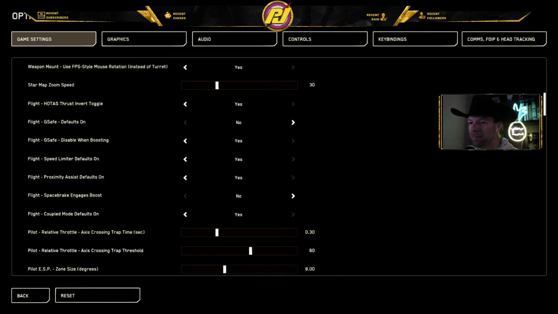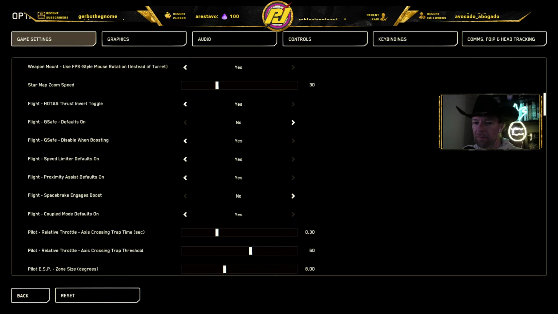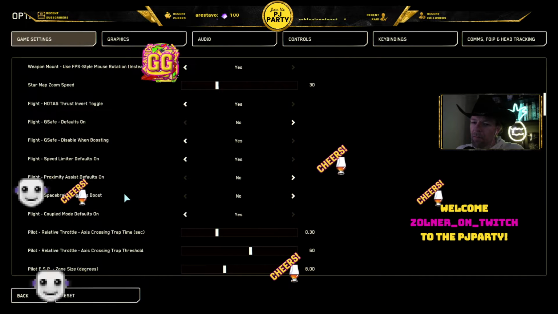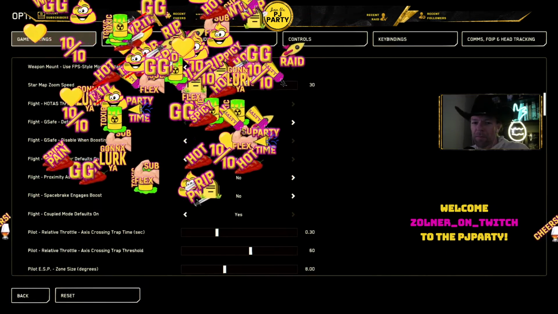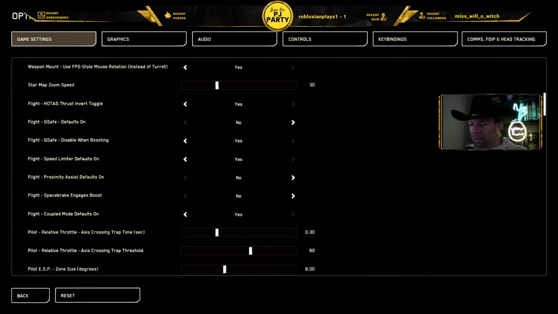Okay, so there's even more. The next part we'll look at is Flight Proximity Assist. Now this technology was added to the game by CIG to help players that were struggling to land or take off. So what Proximity Assist does is when you're in the proximity of geometry or terrain, the thrusters will slow down and reduce their output. So it will slow down the ship for you. That's what proximity assist does. And that's not good when you're racing